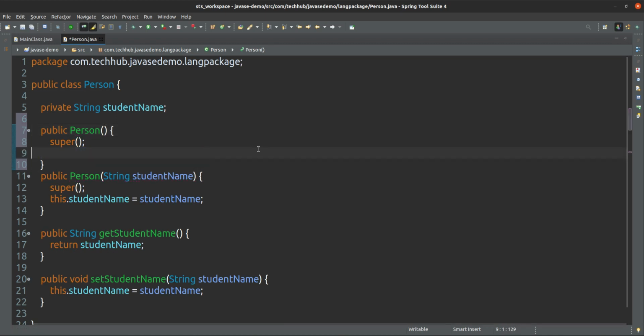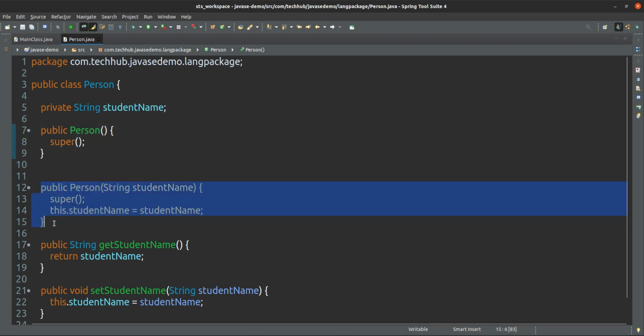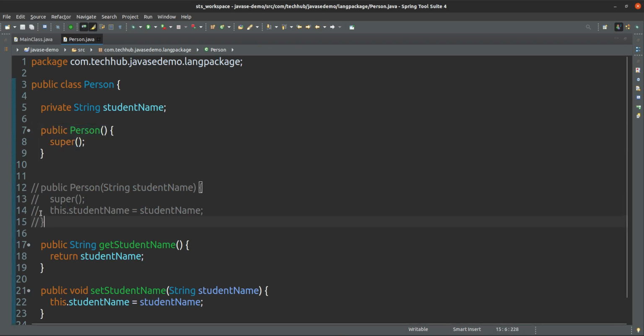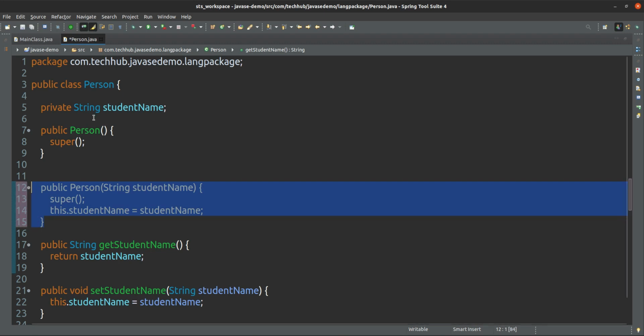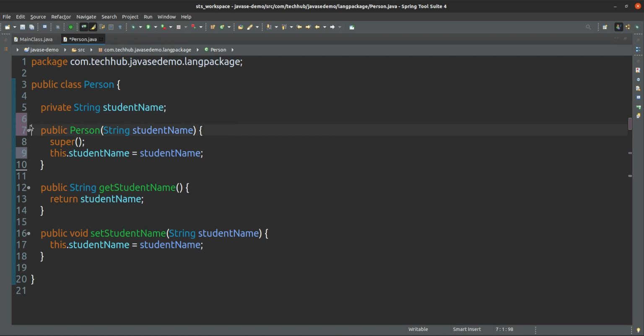This statement will be there if you don't write. If we don't write this statement, suppose we are not adding this one and we are not adding this also, in that case these statements will be present inside this Person class, because your compiler will add. If you add this constructor, then your compiler will not add this one. Default constructor you have to add explicitly if you are adding any other parameterized constructor.